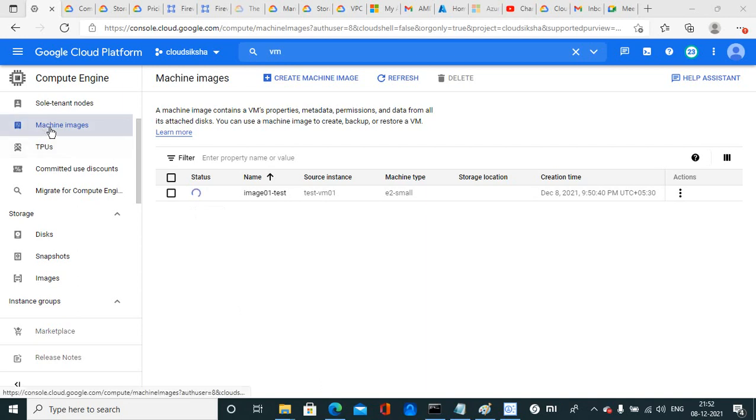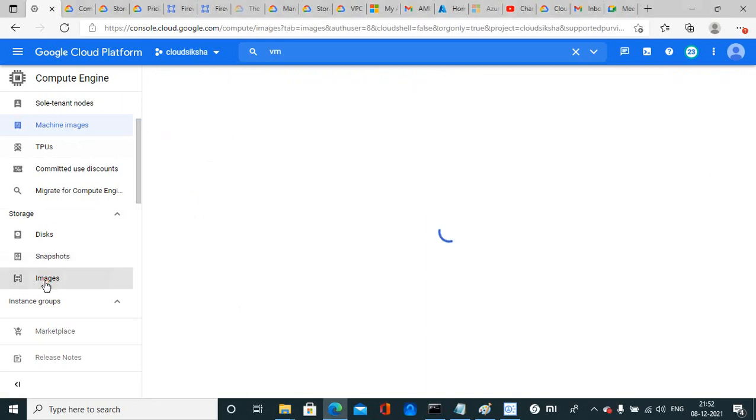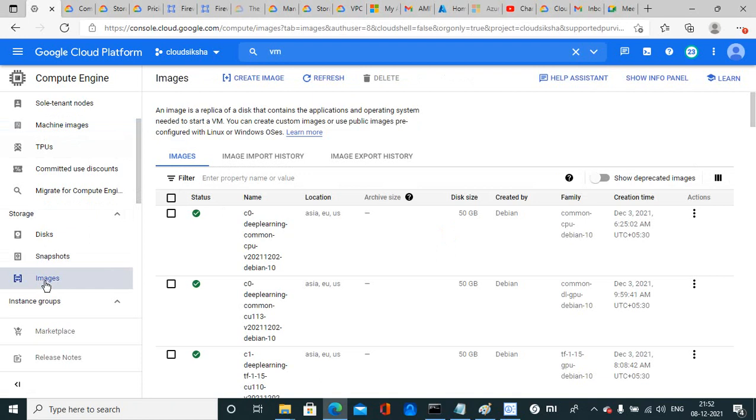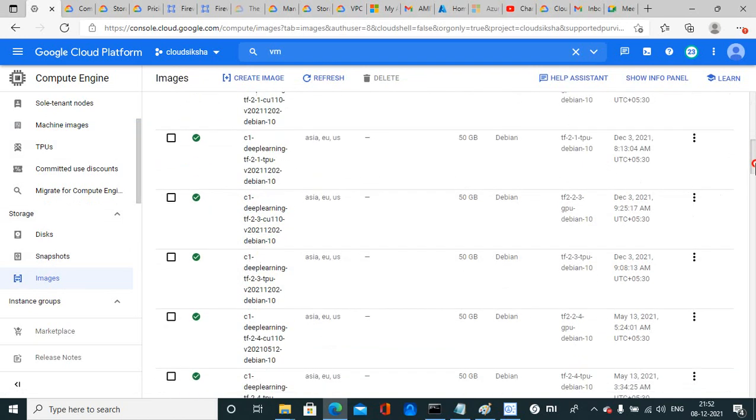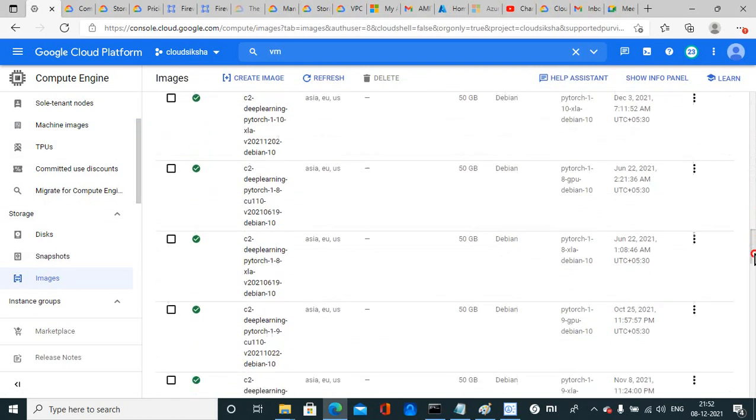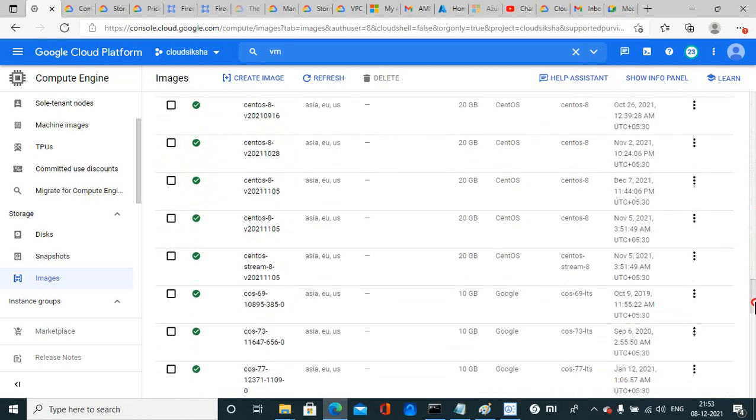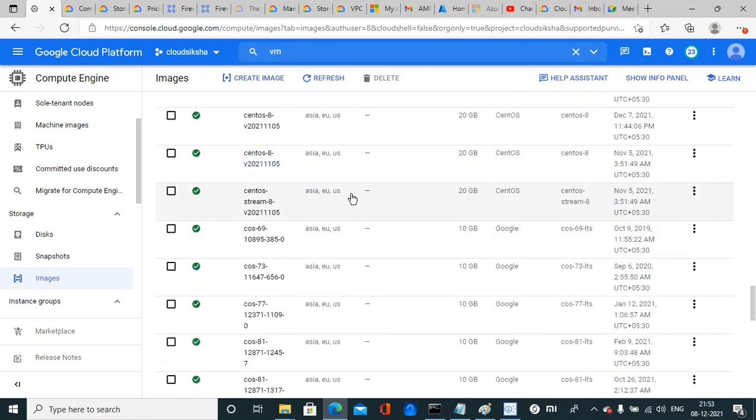So this is about the machine image. In machine image you create the image using the existing machine, but when you go to the image section it will show you the default images which are stored in GCP. These are the default OS images: this is for Debian, for Red Hat, for Windows, all you can find here, and this is for CentOS.